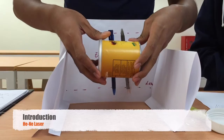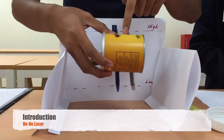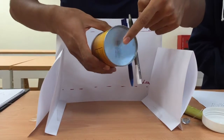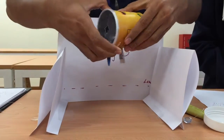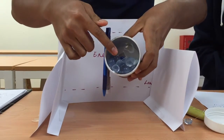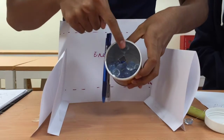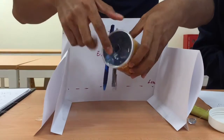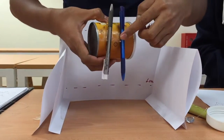Today, we're going to show you how a helium neon laser works. So this is the simplified version of the laser. This part here is the discharge tube. One end of the tube is the full reflector, the other end is the partial reflector, and as you can see inside, the marbles represent the helium and neon atoms inside the discharge tube, and the pens here are the